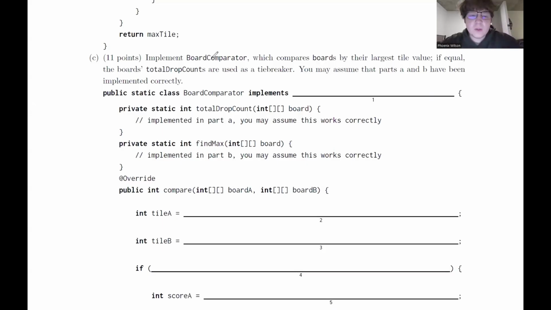For this problem, we're asked to implement a board comparator class, which compares boards by their largest tile value. And if they're equal, then we compare their total drop counts and use it as a tiebreaker. So first things first, we need to figure out how to actually define a comparator class. And so we know that any comparator class implements the comparator interface. And if we remember, the comparator interface looks something like this, right? Comparator, I'm omitting some syntax here, but it's parameterized by type T and has a bunch of methods, and one of the methods that you must implement